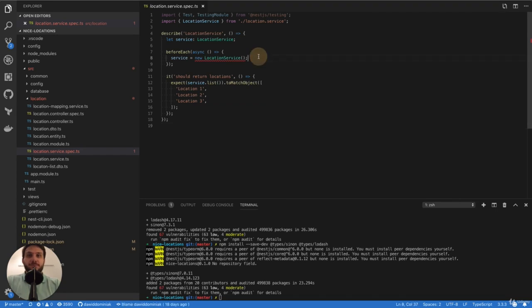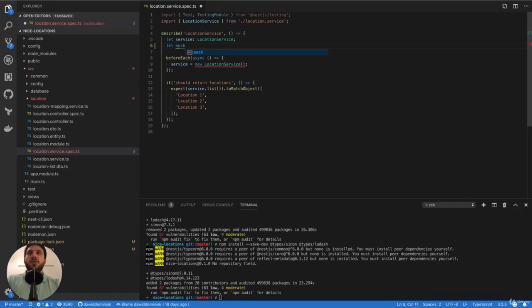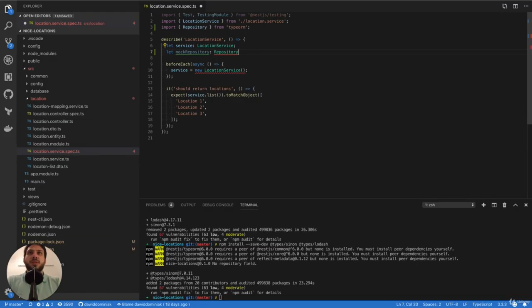Hi and welcome. We are continuing fixing our unit tests, and we are going to fix location.service.spec.ts. Let's start by declaring what we'll need in the beforeEach section. And we are going to mock a repository because it's a unit test. We'll pretend that a plain object is a repository. To do it, we'll need to create a mock repository